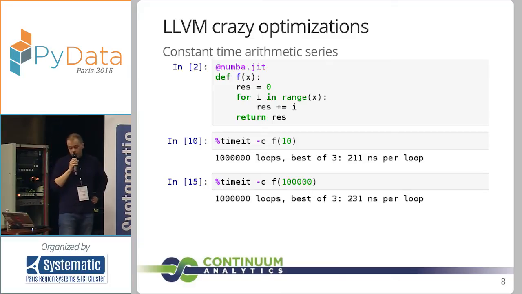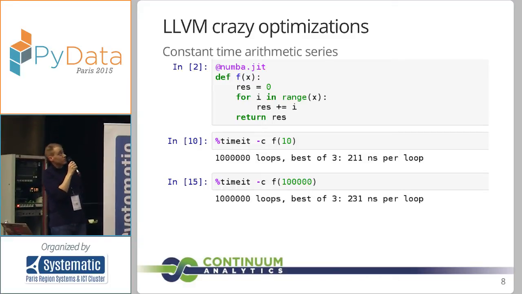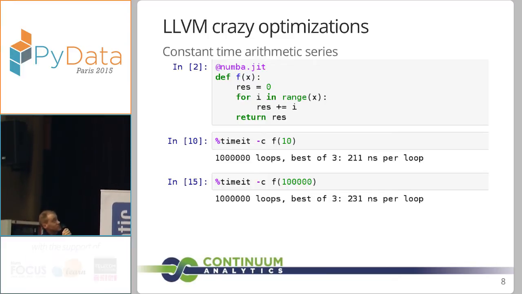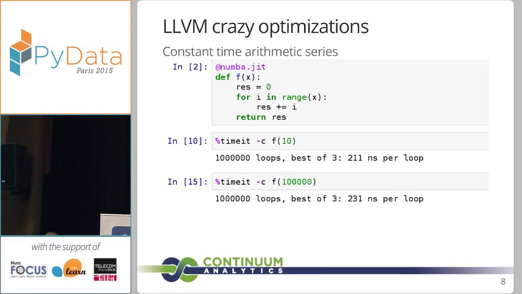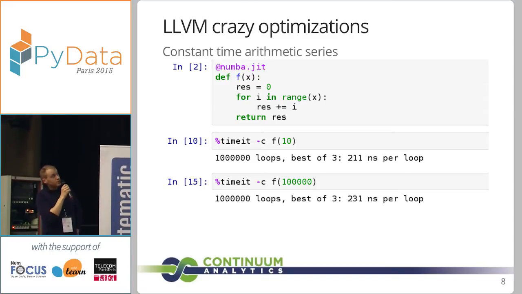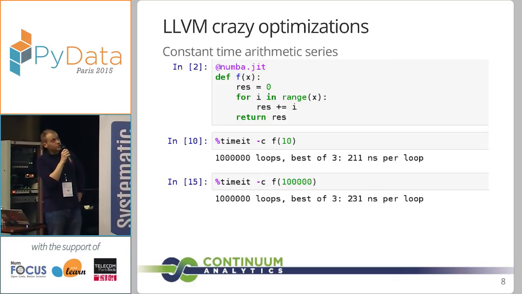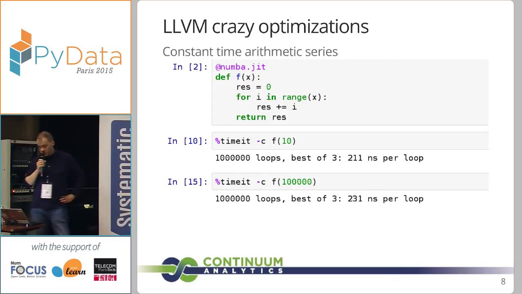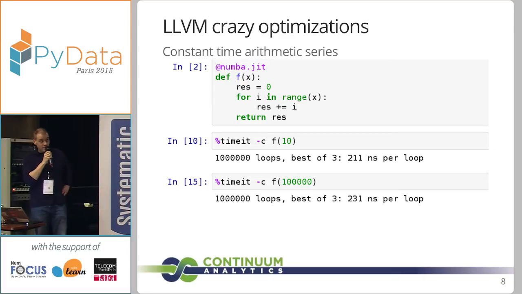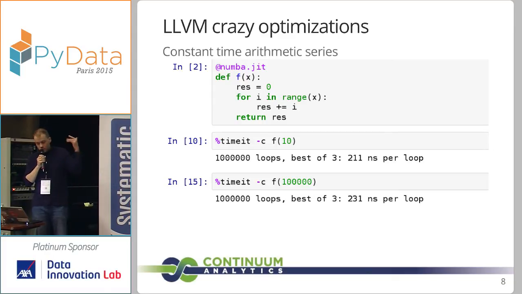Here is an example of a crazy optimization by LLVM. It's something that I was surprised to observe. It's a bit silly, but if you write the naive formula for the arithmetic series in Python and compile it using Numba, then you really have a constant time function, because LLVM, for some reason, is able to extract that this is the arithmetic series, and so it removes the loop and just replaces it with the final formula.